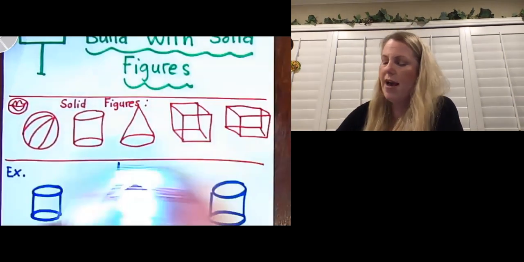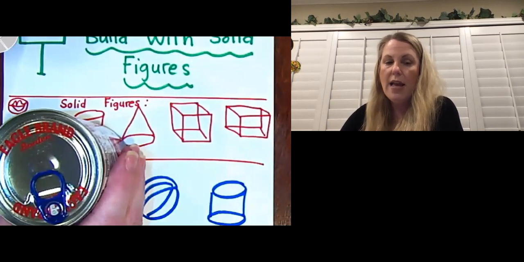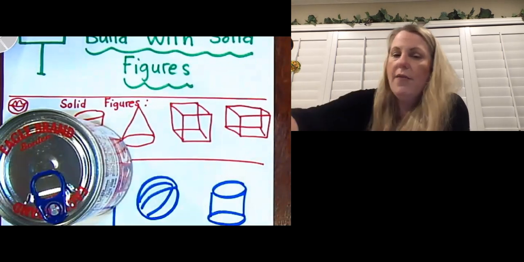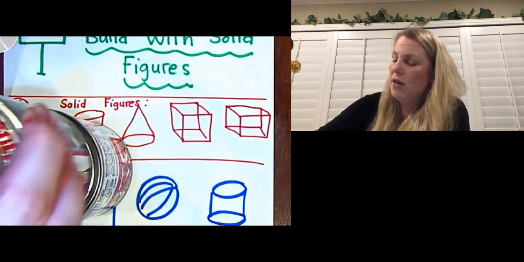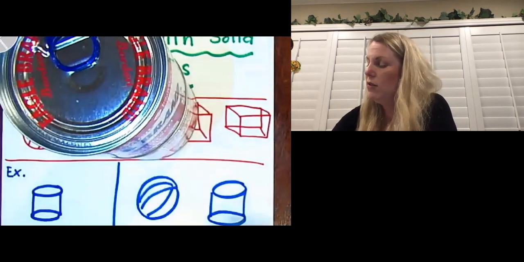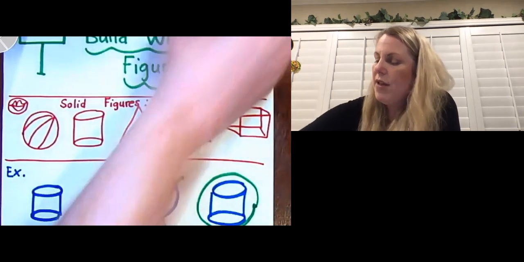So if we have a cylinder and we want to put something on top that is round, like a big beach ball, would it balance? No. But if we put another can on top, could we stack it? Yes. So no on the ball, but yes on the cans. Okay. If we have a cube